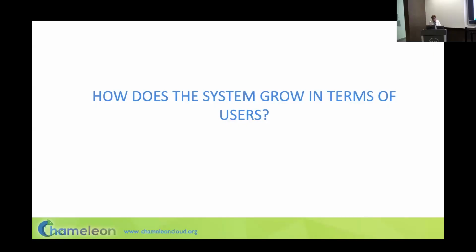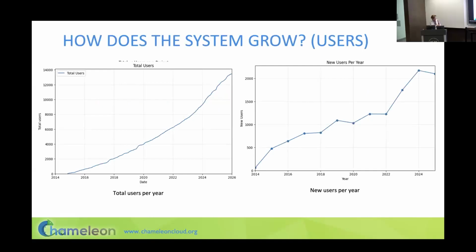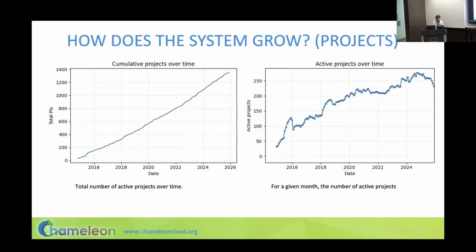So how does the system grow in terms of users? We're switching a little bit into this looking back section. If you were ever wondering how many users use Chameleon and how quickly that grows, you've got a graph that shows the growth of our user community per year, showing explicitly new users per year. What you see from that graph is that we were ramping up slowly, came to, on average, adding about 1,000 new users a year. And then in the last couple years or so, the growth of the system really exploded in terms of community buildup. So in the last 2 years, we added 2,000 users each.